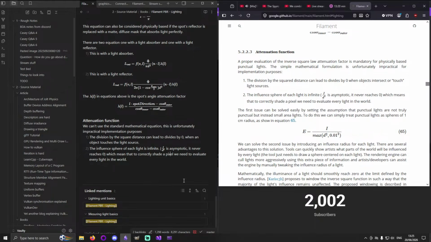The influence of each light is infinite. The isotropic, yes. Okay, so we have an asymptotic. That's the one, which is 0, which is correctly shaped. To correctly shade the pixel, we need to evaluate the light. You write every light in the world. Okay, so